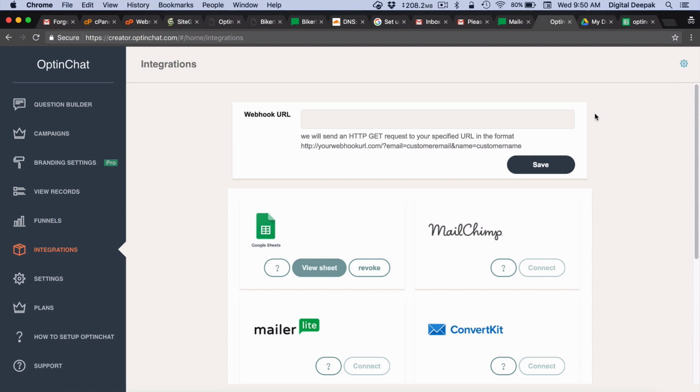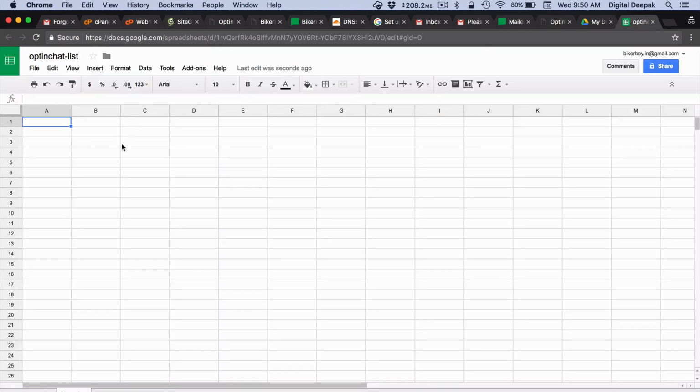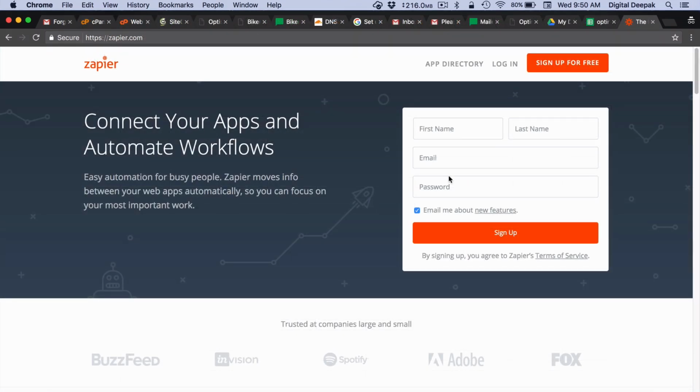But for now, let me show you how to integrate to MailerLite using Zapier. As soon as the new details come to the sheet, I can use Zapier to collect this information and put it on MailerLite. So in this lesson, you are also going to learn about Zapier. Here I am at the website of Zapier, and Zapier is basically a tool which connects different tools together through API. So I would go ahead and sign up for a free trial here.